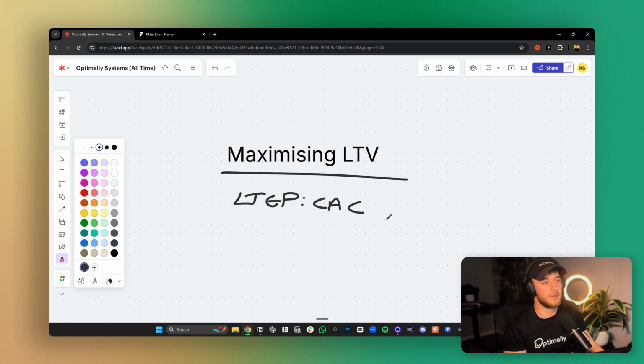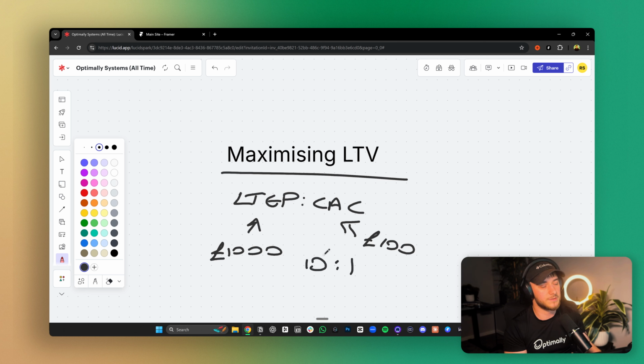So CAC, by the way, is cost per acquisition, or cost to acquire a client. So it's never going to be as low as this, but say £100 for simplicity, and this was £1,000, the amount that you make with someone, then basically that ratio is 10-1, and that's pretty good. You want it to be at least kind of 6-1 at the minimum if you want to carry on the marketing that you're doing. So that determines the success of a marketing campaign.